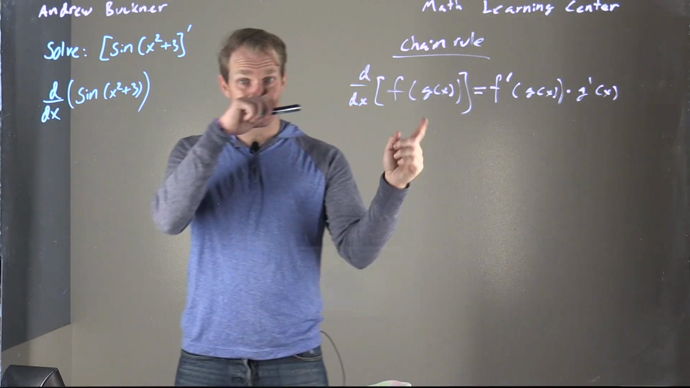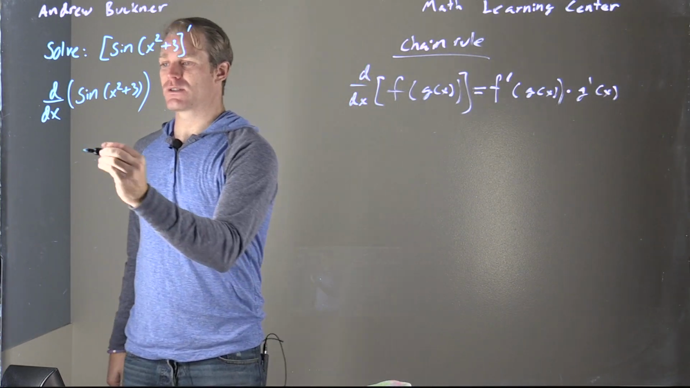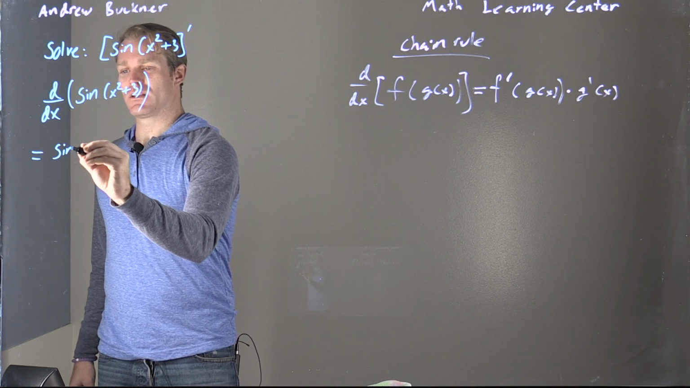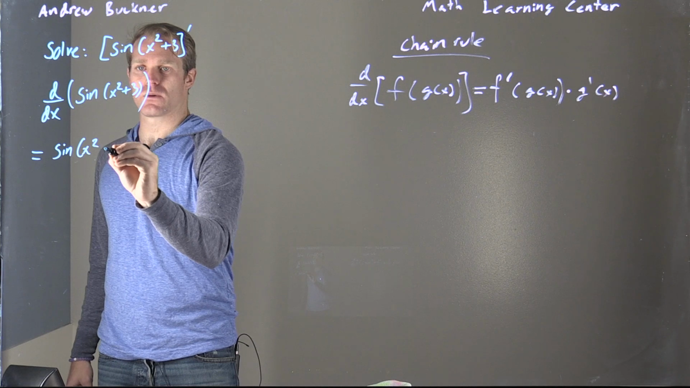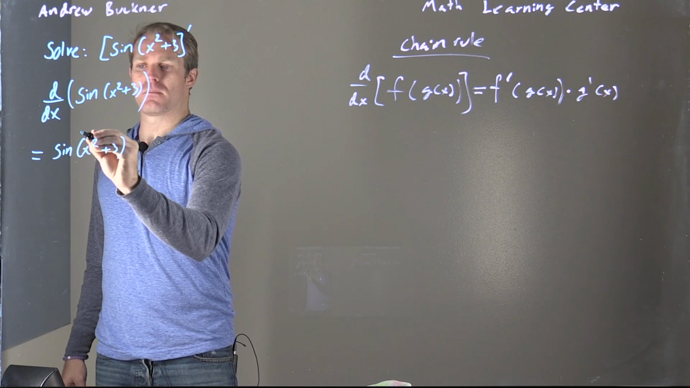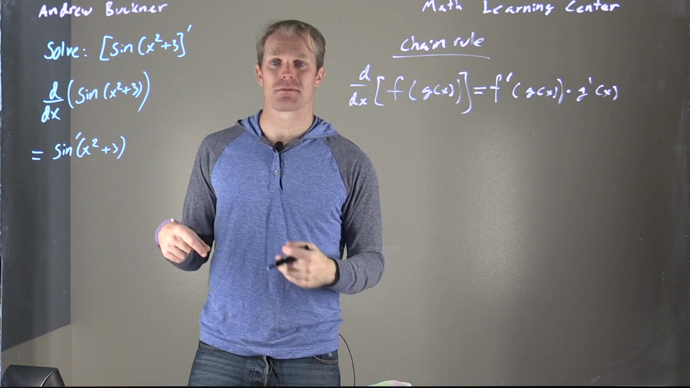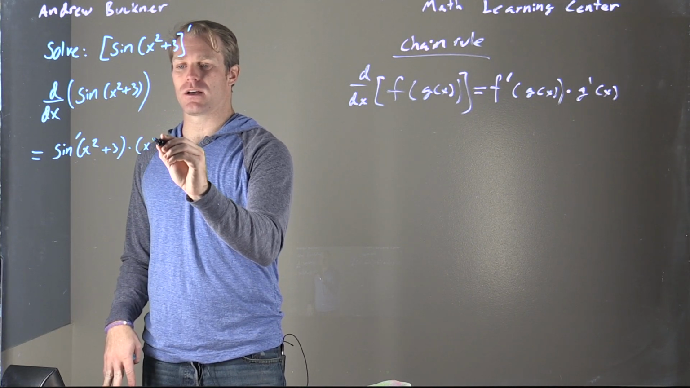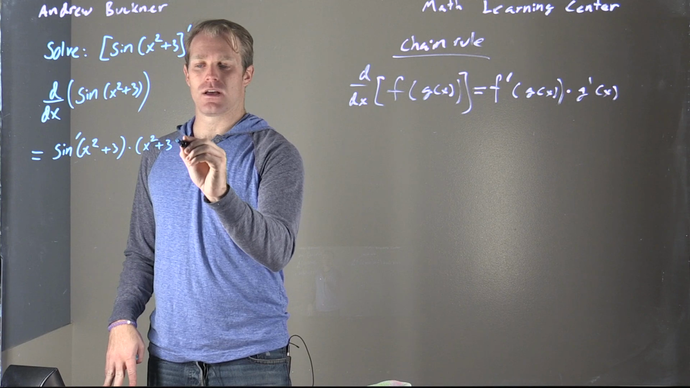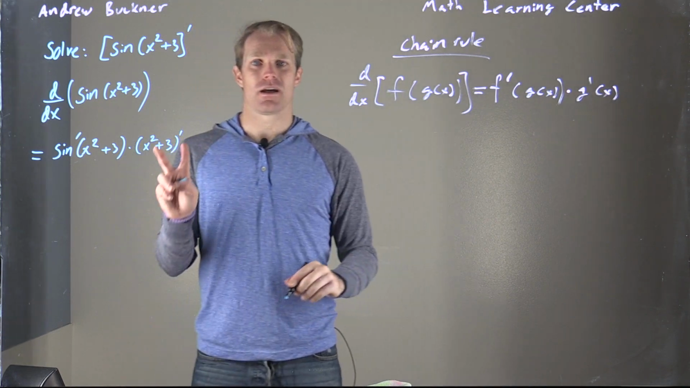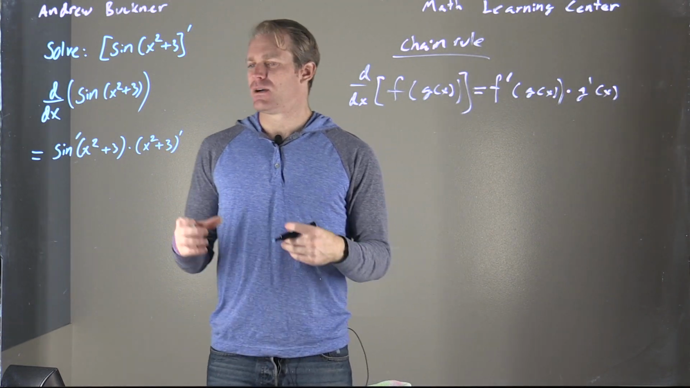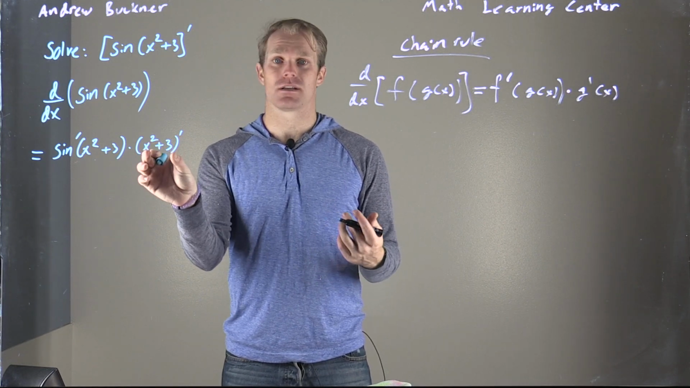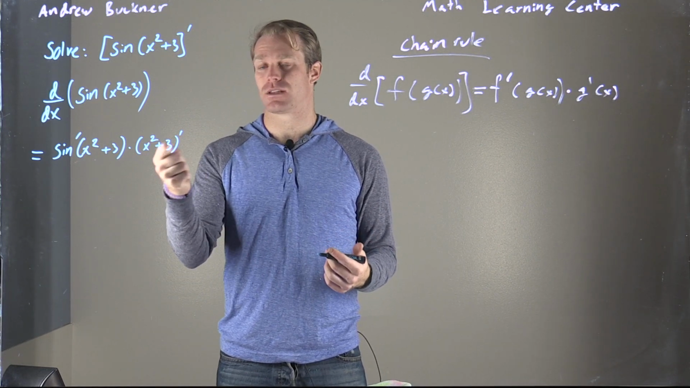So I'm going to rewrite this now in this way. I'm going to have my sine of x squared plus 3, but I'm denoting that with a prime because I'm taking the derivative of that. And then I'm also multiplying it by the derivative of the inner function, x squared plus 3. One of the things that we want to make sure we're understanding, again like before, is that